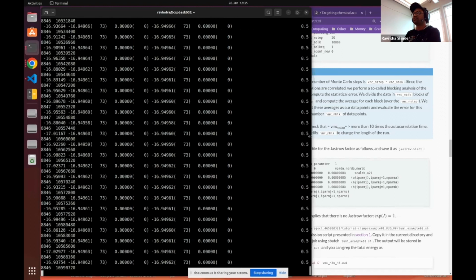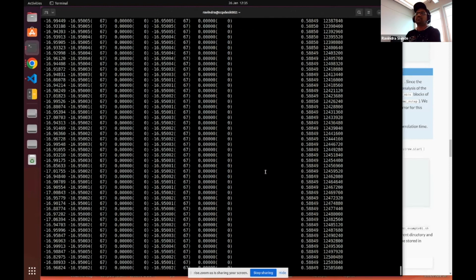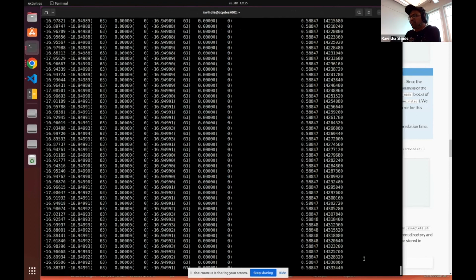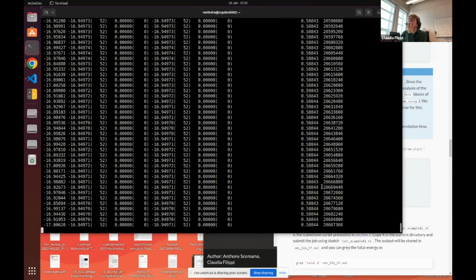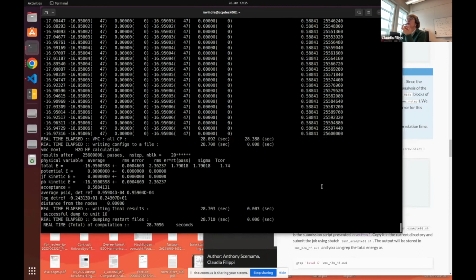So it's doing the calculation now. And at the end, it will print the summary and the final result. Yeah, so the first column is the average of the local energy over the number of steps, 20, and the second column with the error is the cumulative average with its error, which is then printed under total E. Okay, and you can see at the end you have a T-core which is less than 2, and we chose 20 as a step.